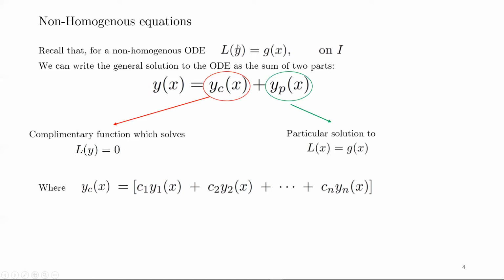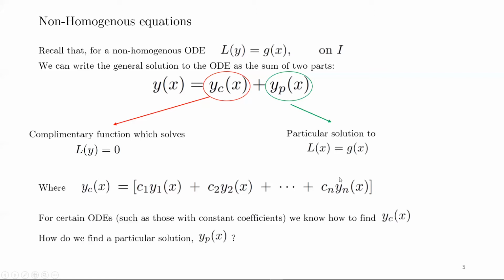And if it so happens that this ODE has constant coefficients, well, now we know exactly how to solve this homogeneous equation. Okay, y_p represents a particular solution to the non-homogeneous ODE, and we know that we can write y_c as the superposition or the linear combination of a fundamental set of solutions y_1, y_2 through to y_n. Okay, so we learned this a few classes ago,